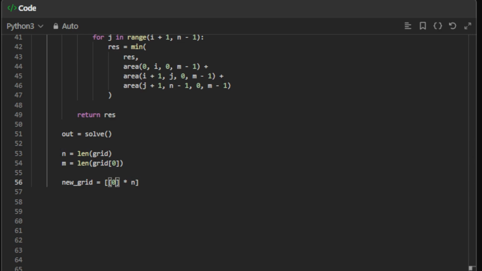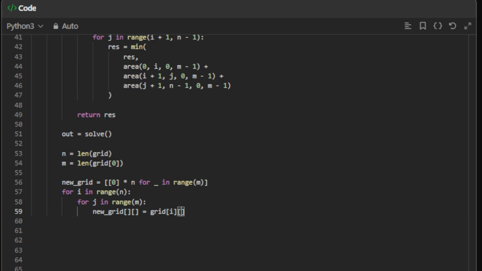So we say this is an array with 0 times n for underscore in range m. Okay? And now we can say for i in range n, for j in range m, and new grid at some position is equal to